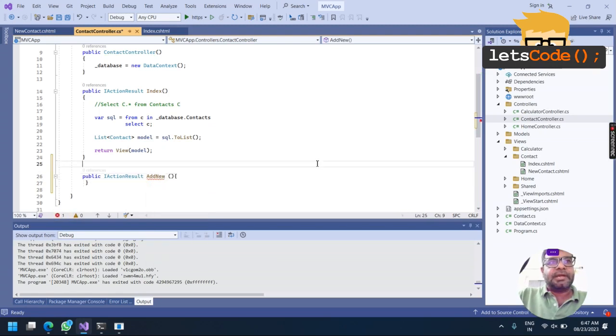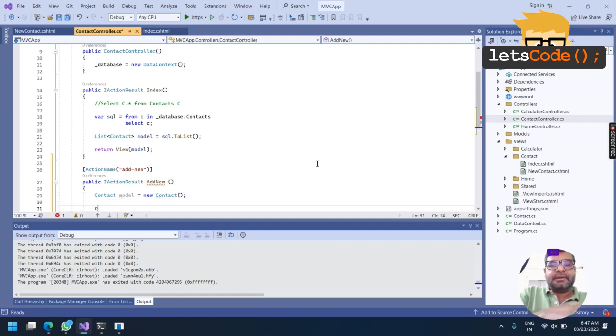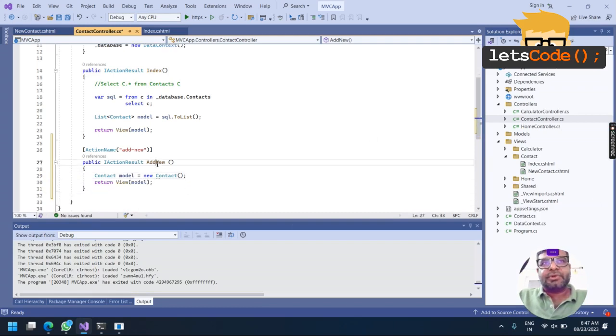But since in our UI we have called that one, the action name I can keep this one. And it will return contact. I'll name this model, a blank object of contact, and then return view.